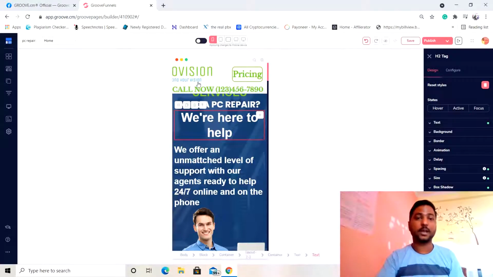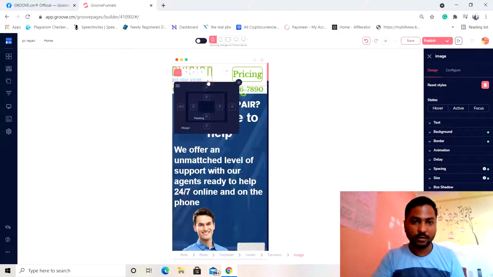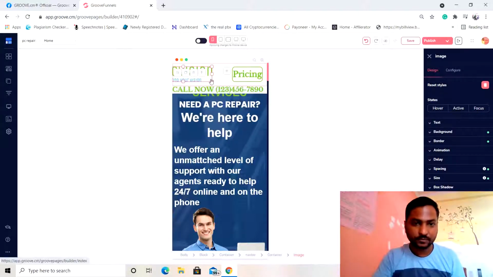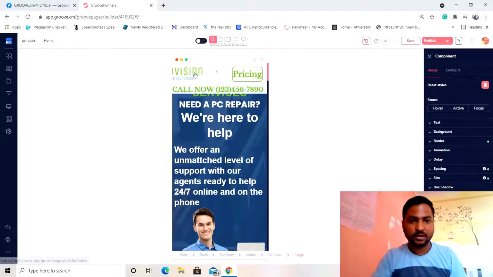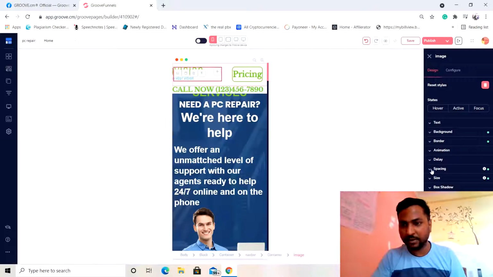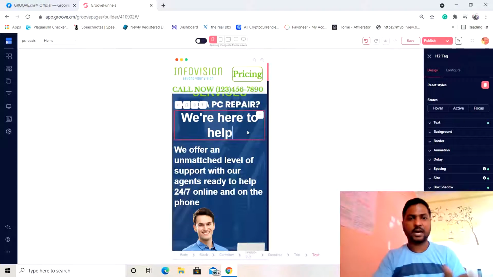and it really looks good on the mobile device. Now my logo is still not coming completely, so I'm going to make a little bit of changes with my logo. So here in the spacing area, I'm going to select that one, and I'm going to take the margin to the negative, and this is how the logo looks.